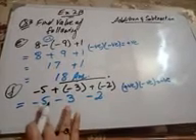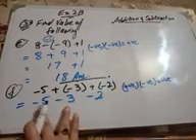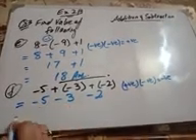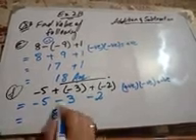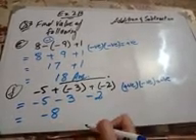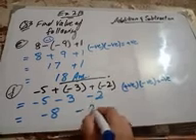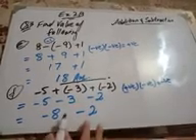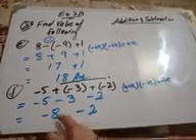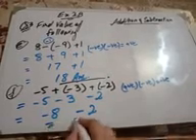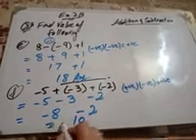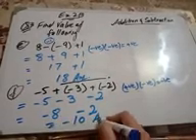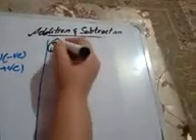Now values of two same signs should be added. 5 and 3 have the same sign, so we will add them. It gives 8, and the sign of the bigger value is placed in the answer, so it gives minus 8, and minus 2 we write as it is. Again values of two same signs should be added, so add them. It gives 10 and the sign of the bigger value is placed in the answer, so it gives minus 10. Let's move toward the G part.